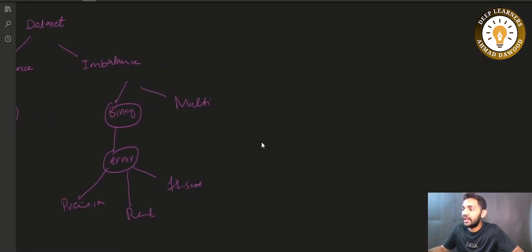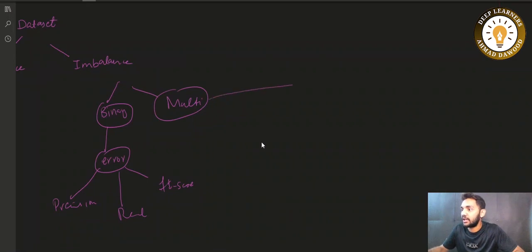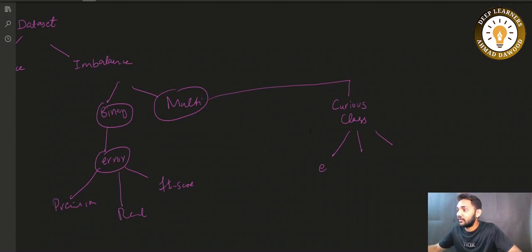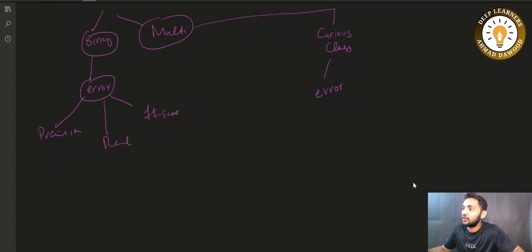Okay. In case of multi-class, you first have to figure out, because you have no insights regarding which class has more frequency. So first you have to figure out which class you are more curious about. After that, you have to find out which error you are more curious about. If I write here in that way, about which error you are more curious. Then you have to select